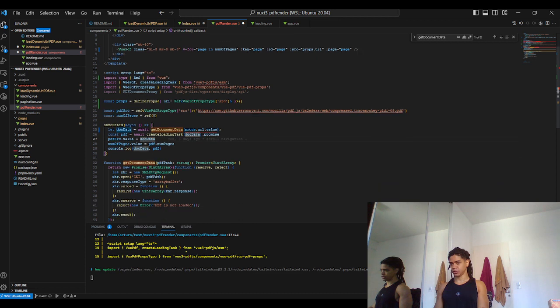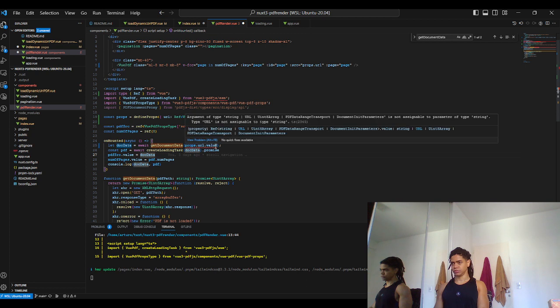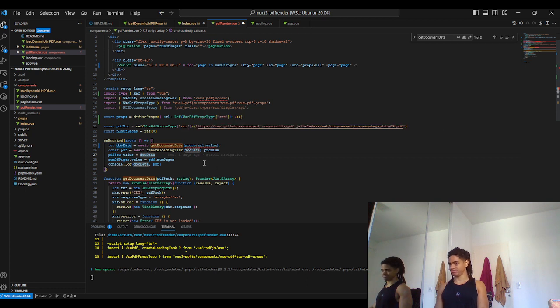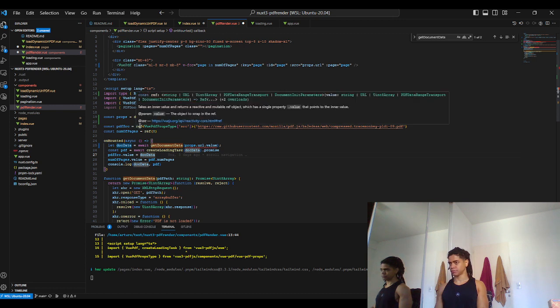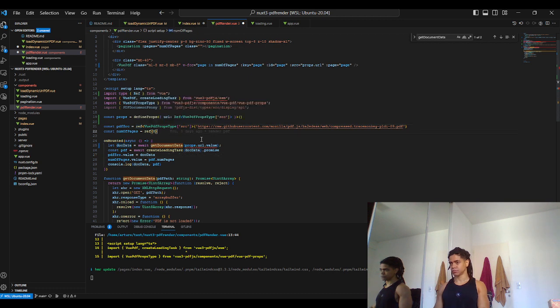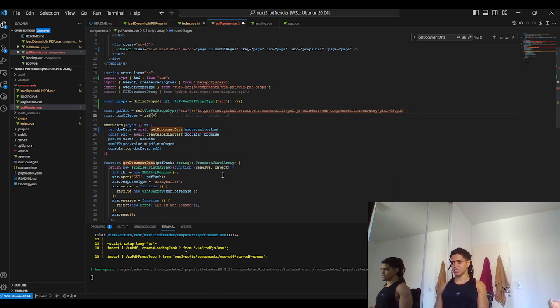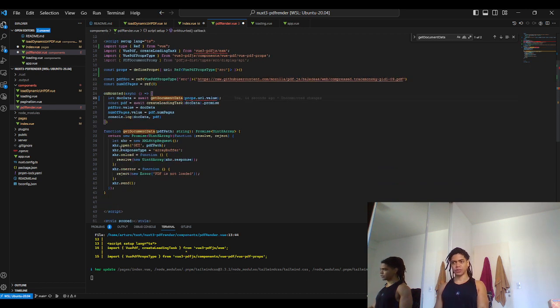Now it says, hey, you know what, this path string is not valid according to him. Okay. Source. So where I'm going here is to perform this instead of doing this